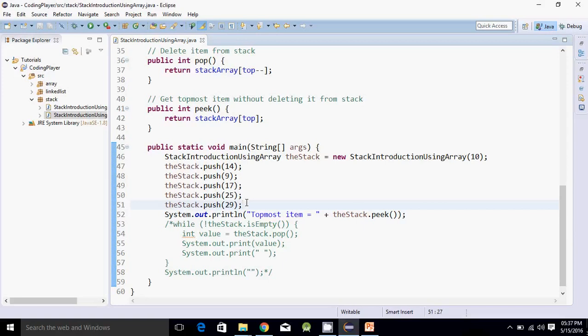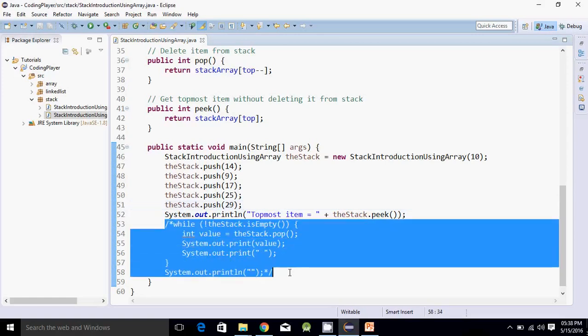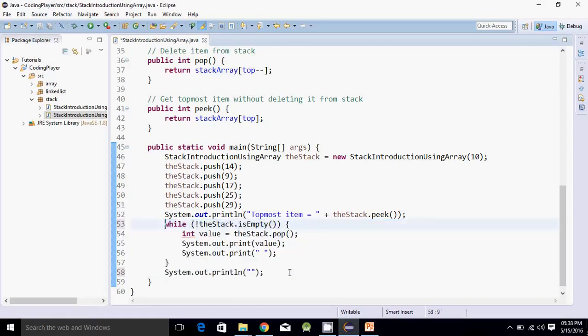That is correct. Now suppose we have to delete an item from the stack, so we will perform the pop operation. For performing the pop operation, first we will check whether the stack is empty or not. In this code I'm deleting all the values which were inserted. That's why I use a while loop, and this while loop runs until the stack is empty.